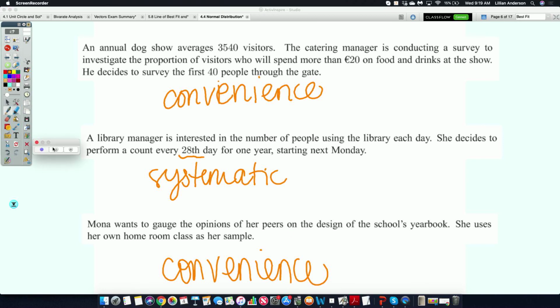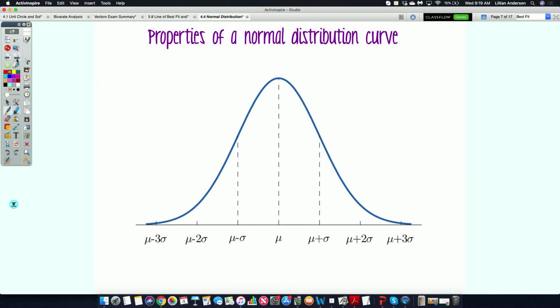Questions? Now let's look at normal distribution. Normal distribution is another way to represent your information. It is represented by a bell curve that is